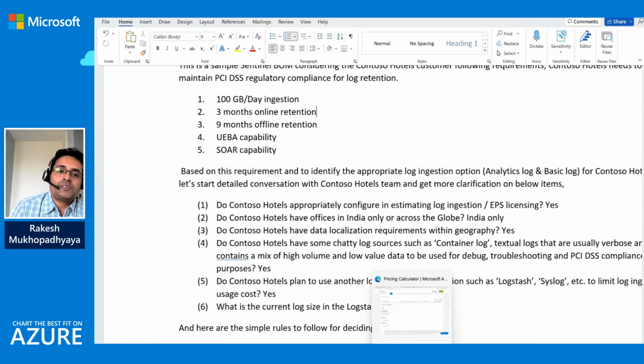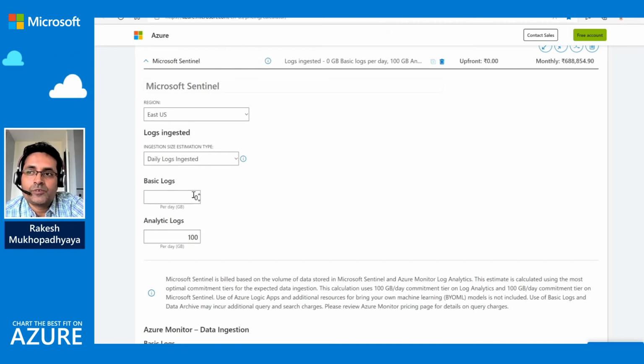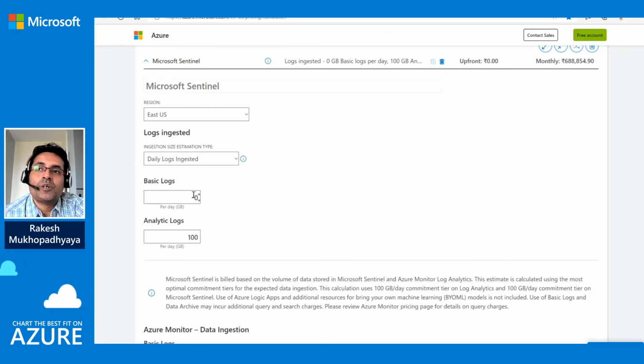One other thing that you see here when I come to the calculator again: one is basic log and one is analytics log, right? So what is basic log? Basic log is basically a high volume of logs, but those logs have zero to no security value. You will notice that many times the customer has a storage log, cloud storage log, container log, or the customer has developed a new app, but as of today they are not very sure what use cases they can configure based on those custom apps. So those will be candidates for basic log.